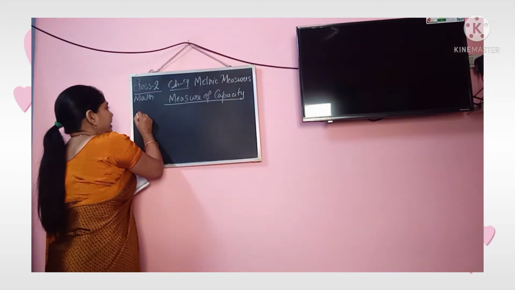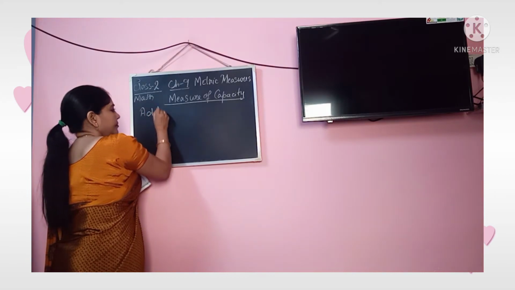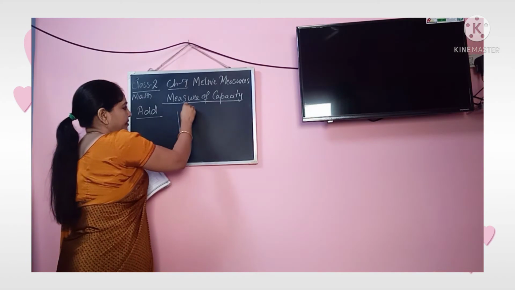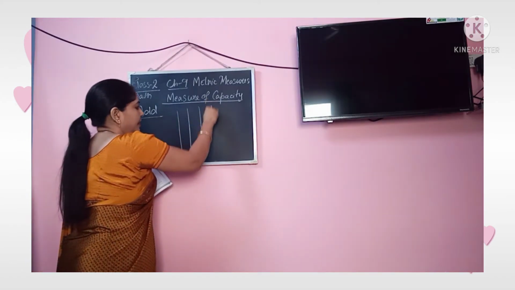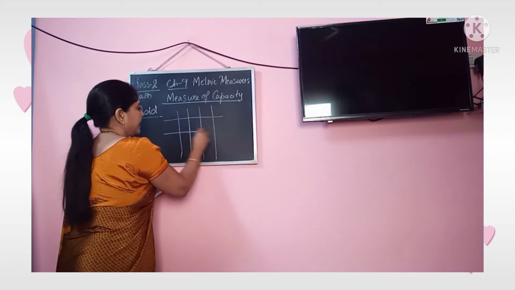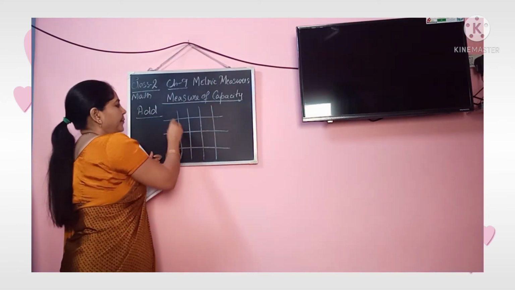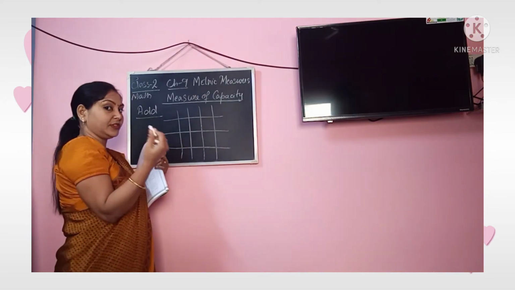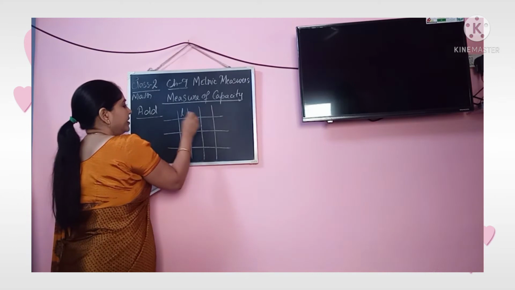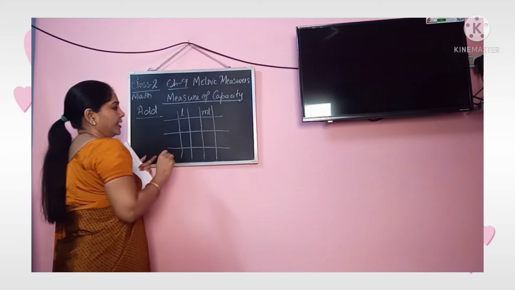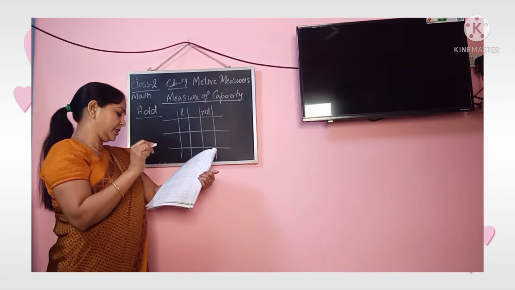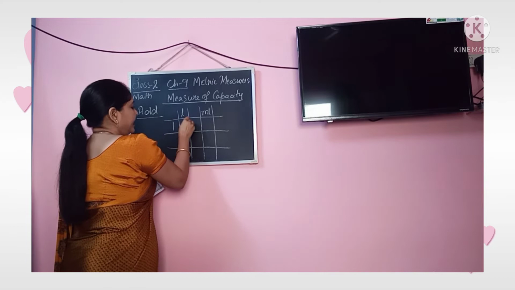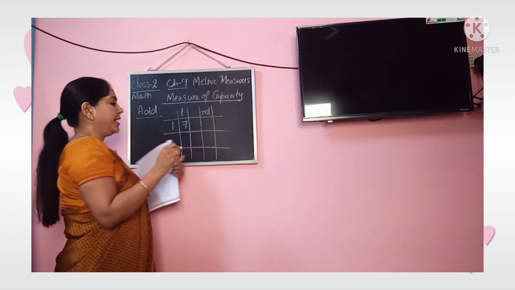So you can see, add the capacity. As we have learned, we will write it in this way, liter and milliliter. Liter is the bigger unit, milliliter is the smaller unit, so we'll write liter here and milliliter here, in the boxes. The first one is already done. The second one I will do. It's like 17 liter, 186.